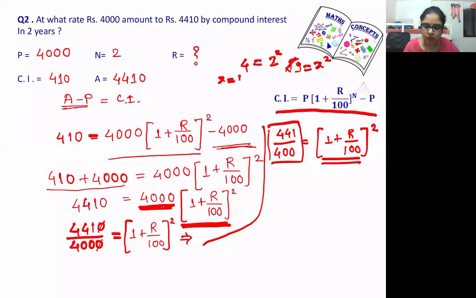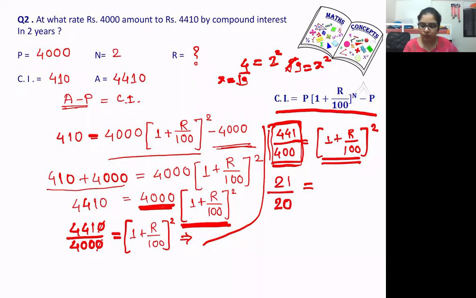X will be the square root of 9. So I have to find out the square root of this, which means I have to find out which numbers. Ma'am, can I tell the square root? Yes. Ma'am, for 441, it's 21. Absolutely right. And 20 is the square root of 400. Correct. Absolutely right, Shriya.